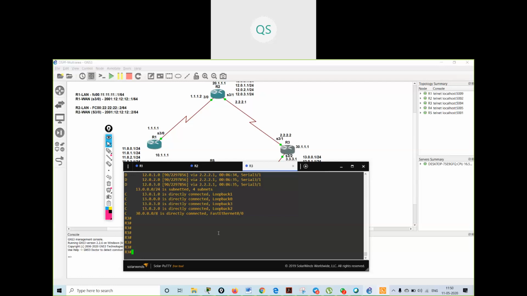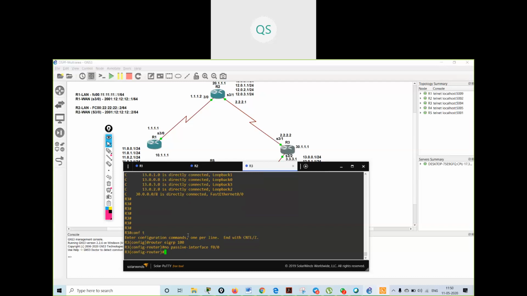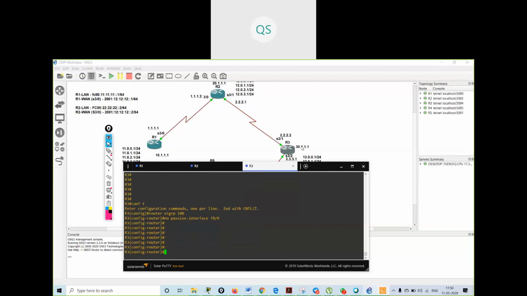Suppose I want some specific routes. I will remove this thing and I will give the command. Suppose I want my LAN interface to be a passive interface, and the other connected interfaces to be non-passive interfaces. So what I can do, I can give a command